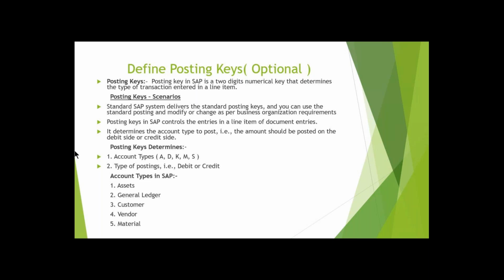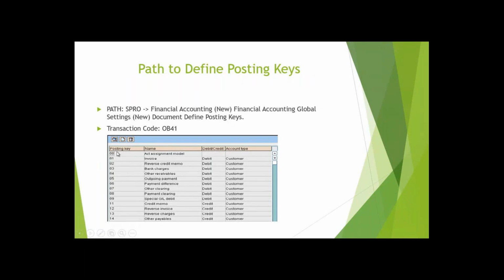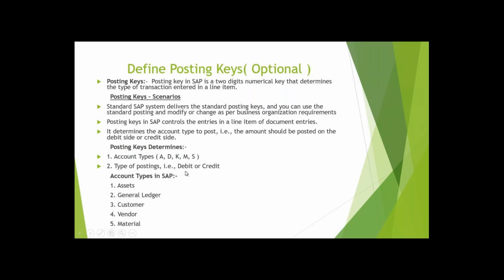Here we don't need to create it, it is already created. While doing the transaction in the voucher, I will be selecting conveyance as debit and cash as credit. That debit and credit has individual codes, with numbers like 1, 2, 3, 4. For a general ledger transaction, debit will be represented as 40, credit will be represented as 50. That is the posting key of the line item.